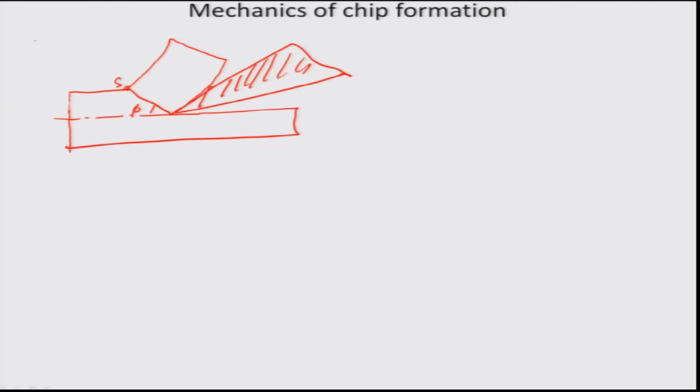and what we do here is, this is the work. Okay, this is the direction of motion of the work, V. This point we call O, and what we are now interested in is to draw a line which is parallel to the shear plane. Okay, this is the shear plane. So we draw a line parallel to the shear plane, in a way so that the angle that this line makes with respect to the finished workpiece is also the same phi. Okay. And then we consider a triangle